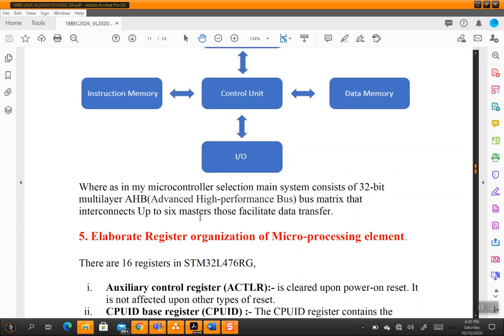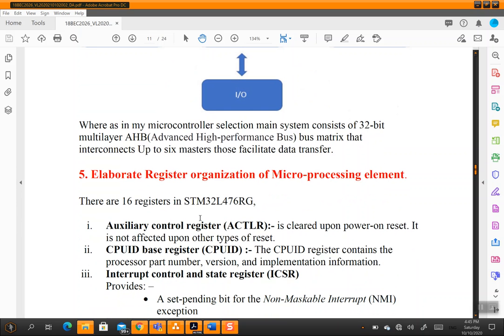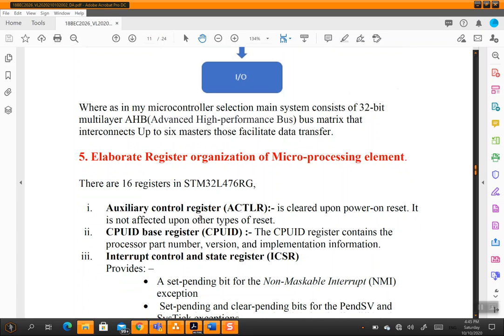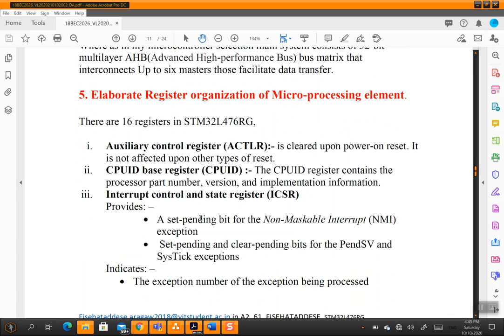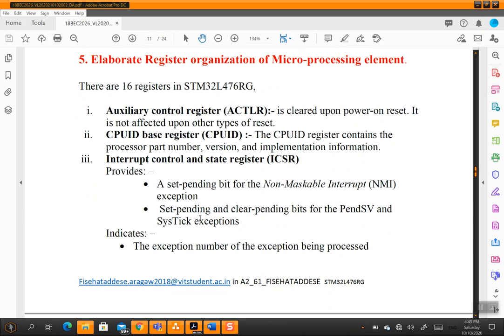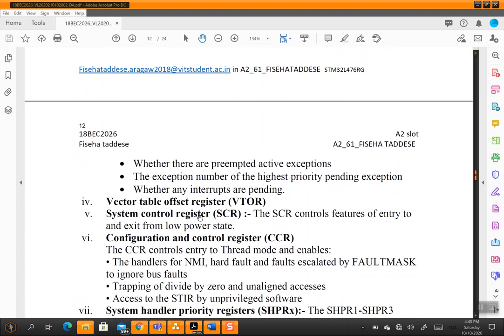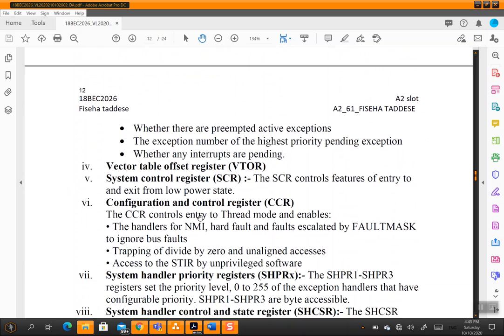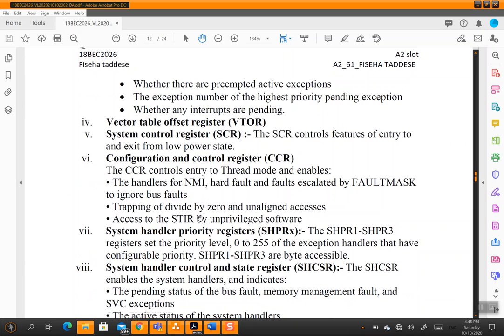Those facilitate data transfer. Next: elaborate the register organization of microprocessing elements. So what kind of registers are found in my microcontroller? Namely, there are 16 registers in the STM32L476RG microcontroller. The first one is the auxiliary control register. As you can see, it's clearly stated. And the CPUID base register, interrupt control and state register, vector table offset register, system control register, configuration and control register,